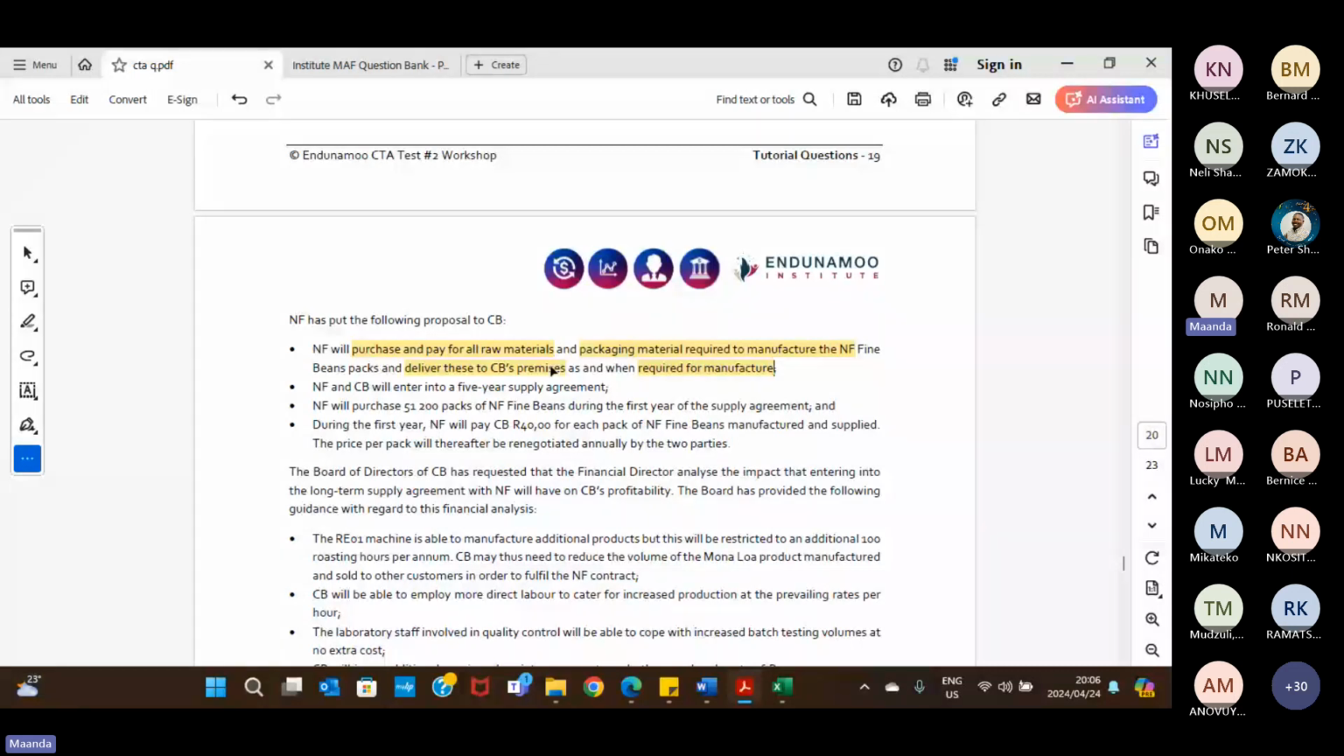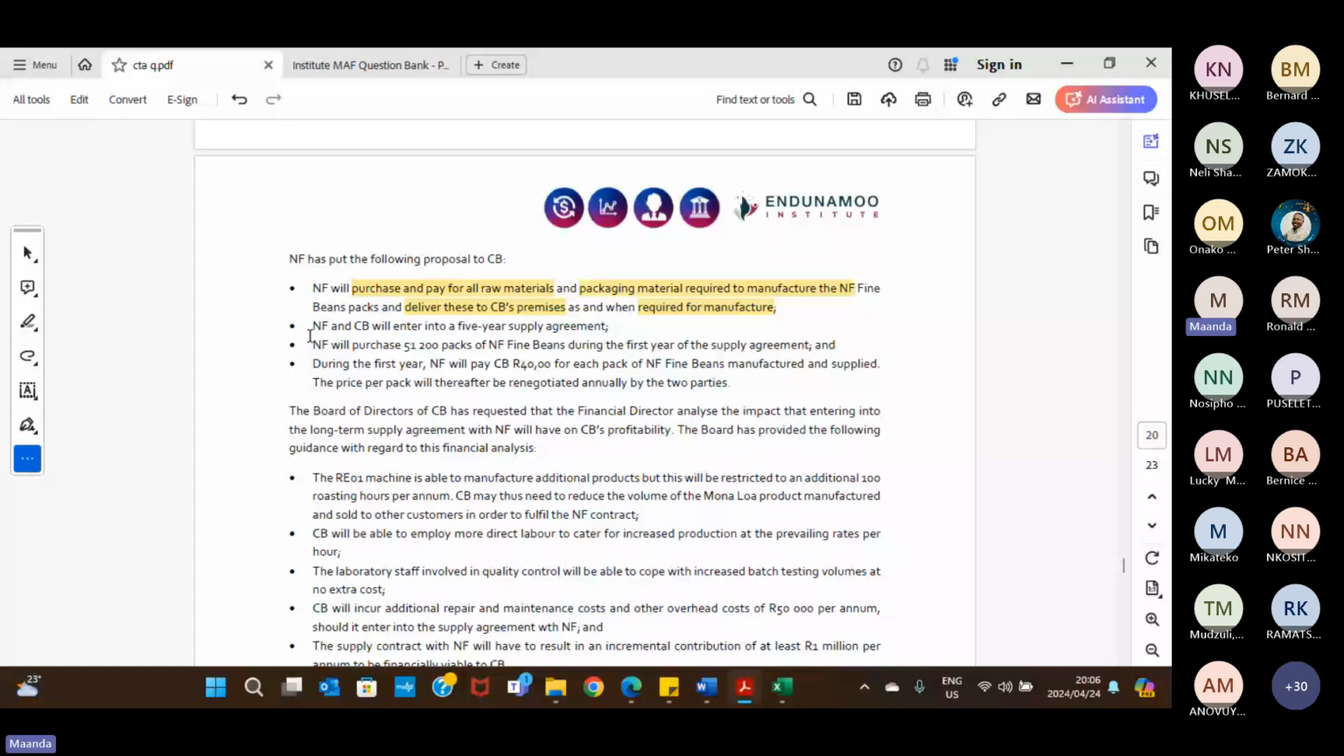Then NF and CB will enter into a 5-year contract. So again, should this affect our current Mona M product? Then there would be some kind of cost saving. Am I right? Should they maybe say they're going to affect Mona in a certain way, since this product that we're going to manufacture now is exactly like Mona? Is it going to be a cost saving in terms of the packaging and us ordering the raw material, that cost that we have in terms of